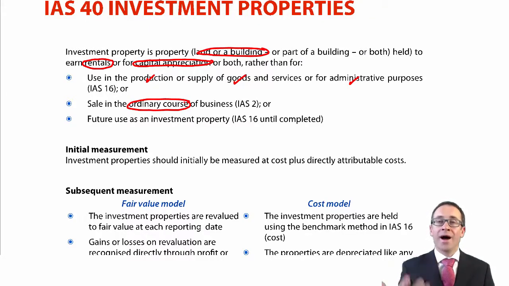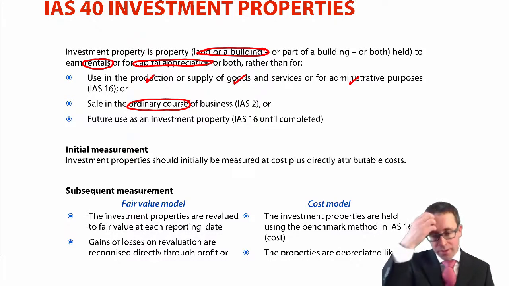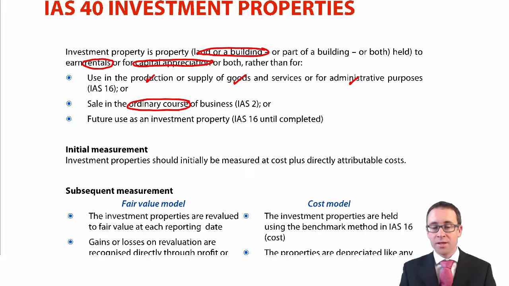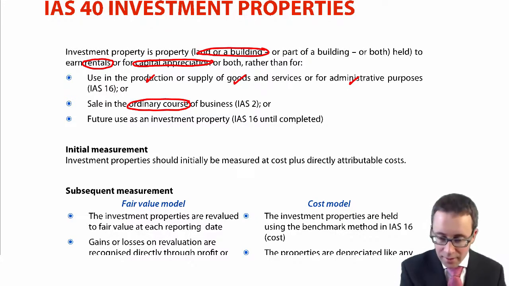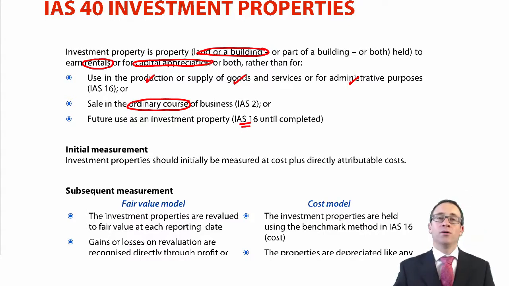Then that's covered there by IAS 2, because effectively that is your inventory, isn't it? Okay. And then the other one that is not investment property is property whereby you are building it for future use as investment property. Okay, so what you do there is that is treated as IAS 16. Once it's completed, it is now there for capital appreciation, more purely for rental purposes. So then it becomes investment property. Okay,